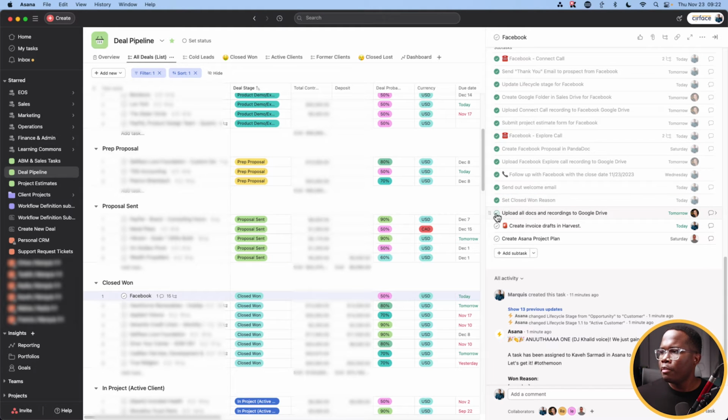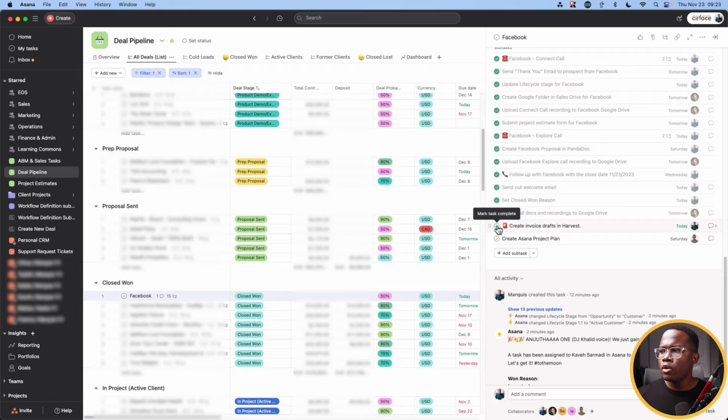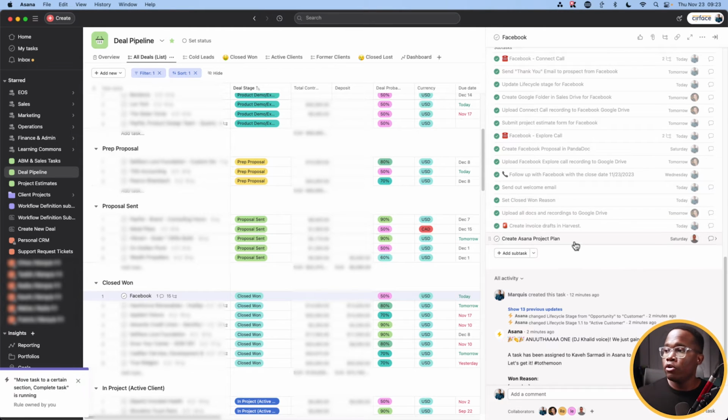Someone on my team uploads all the remaining docs, whether it's the proposal presentation, any information that was sent across, or the pre-project sync. All those docs and recordings get uploaded to Google Drive, and then it's up to me, the salesperson, to create the invoice. So I go to Harvest and create the invoice. I can probably have my accountant do this now, but it's just easier for me to quickly get it sent out when I do all this sales activity. So I sent it out, we created it, and then it's over to our senior project manager to now create the